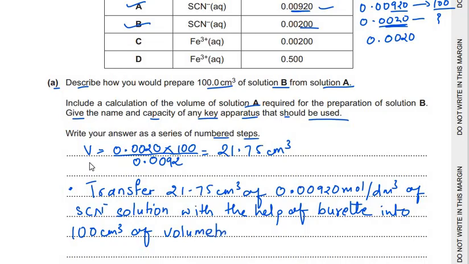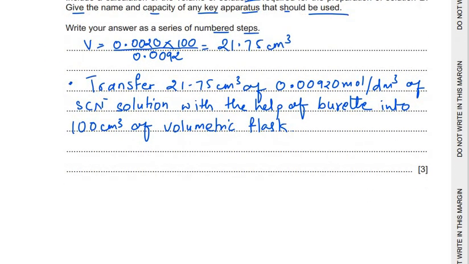Now we know that the volumetric flask is the apparatus which should be used to prepare any standard solution, and volumetric flasks come in different capacities. Here we have used a 100 cm³ volumetric flask, we have got 250, we have got 500 cm³ also, but as we are supposed to prepare 100 cm³, we are taking the 100 cm³ volumetric flask. Now the second step is: